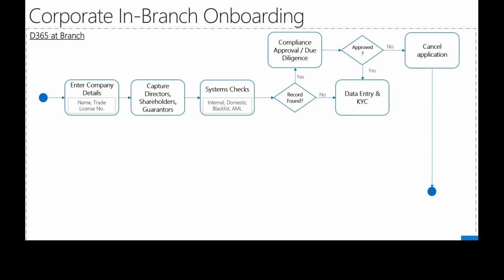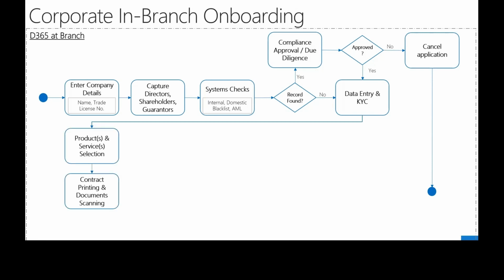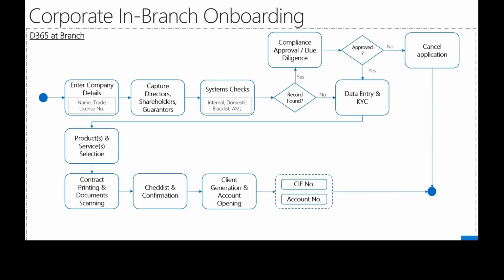And if all these checks are passed and necessary approvals are obtained, the RMs can proceed to then do a detailed data entry, initiate KYC on the application, and then request for product selection, basically listing all the products that the corporate customer is interested in, printing the contract documents, getting the physical signatures on them, proceed to uploading them directly on the document management system, confirming the details captured on the application, and then proceeding with generating the account